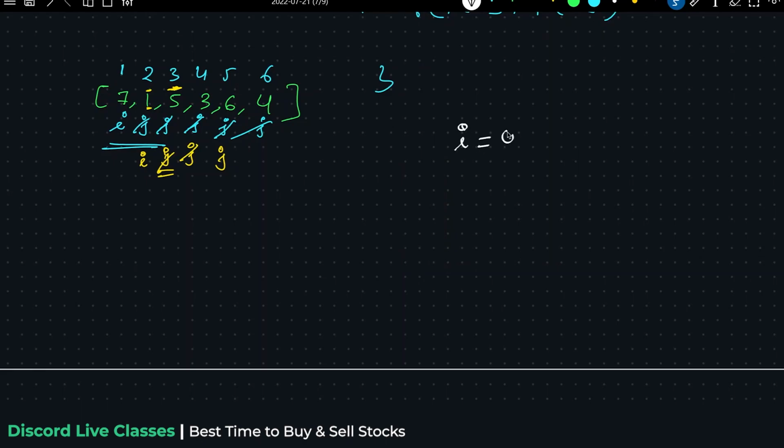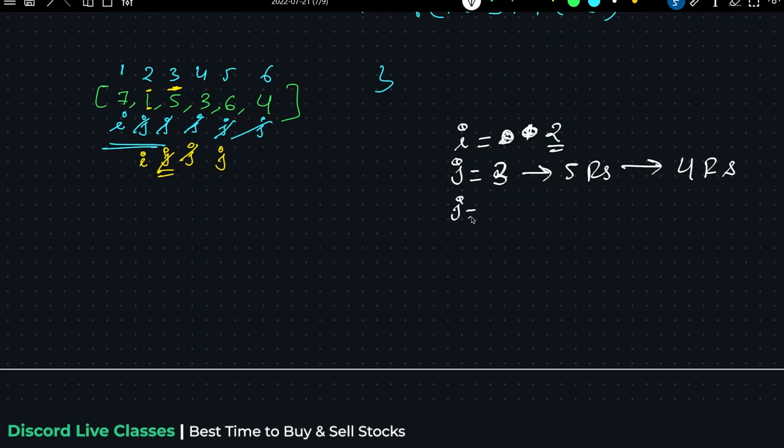Let's again, i equals 0, i equals 1. I bought this particular stock on the first day, and I will start the selling from the second day. Or not, let me create a second day. Okay, because this is the second day. I will start selling this stock on the third day. The third day price is 5 rupees, and I bought this stock at 1 rupee. How much profit am I getting? 4 rupees.